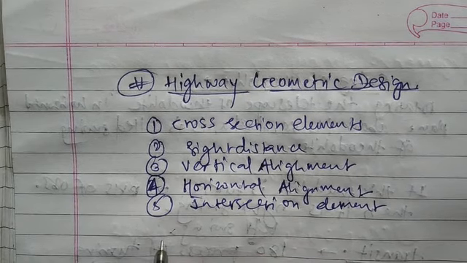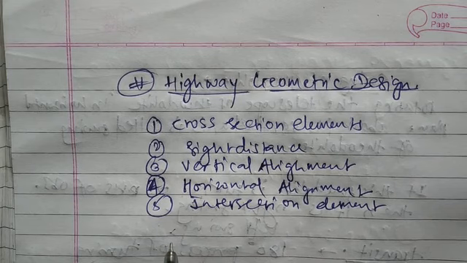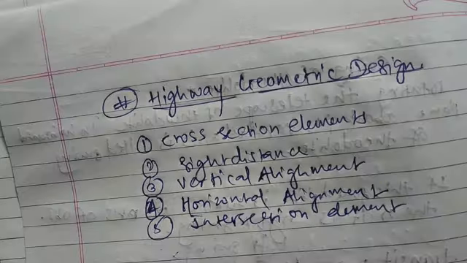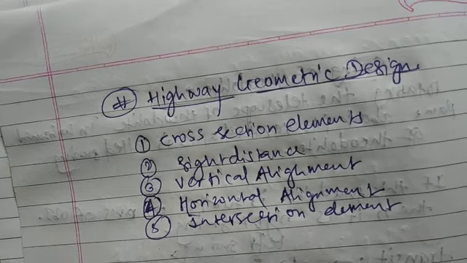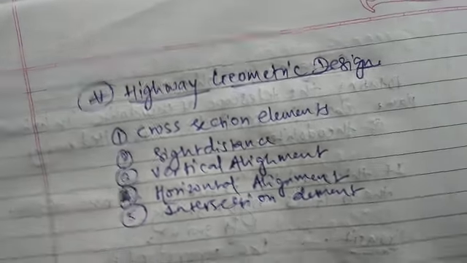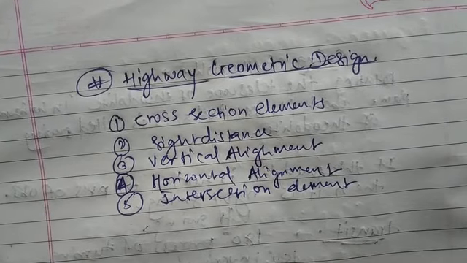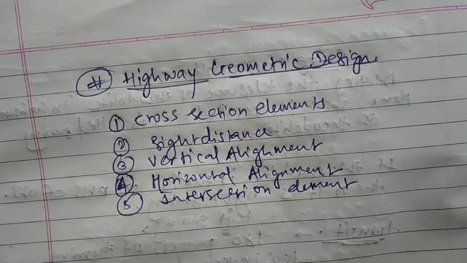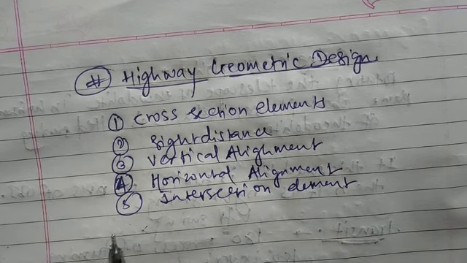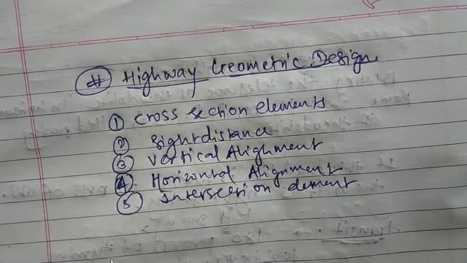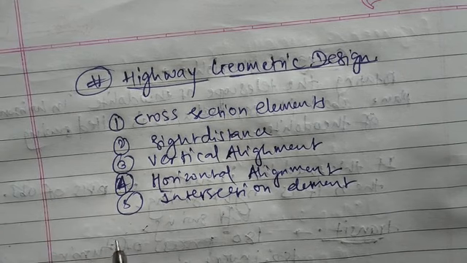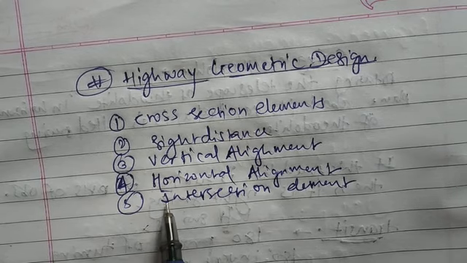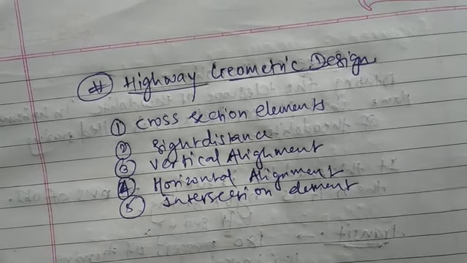In the cross section, the width of the road and the slopes which are provided in the cross sections are considered. In the sight distances, we consider minimum stopping sight distance, overtaking sight distance, passing sight distance. In the vertical alignment, we design the gradient in the longitudinal direction. In the horizontal alignment, we require to design the curves